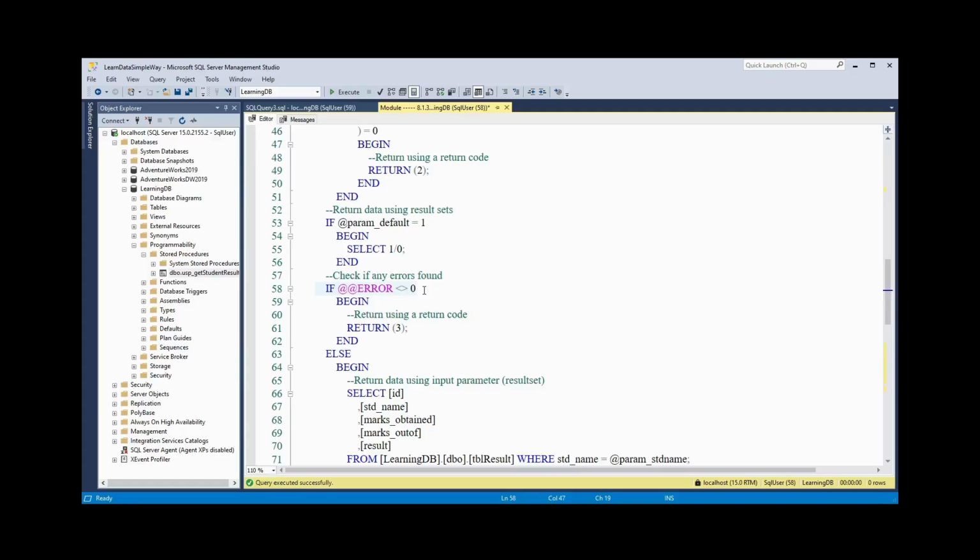It won't return any error. So if this is a system variable, the @@ERROR keyword will return the global variable with no error code. If the error code is equal to 0, then it won't enter into this condition. If it is not equal to 0, only in that case it will enter into this block and return